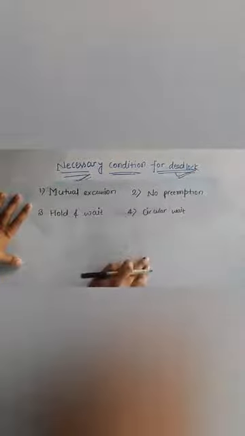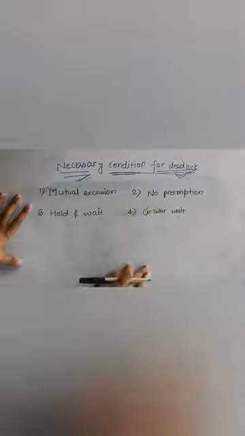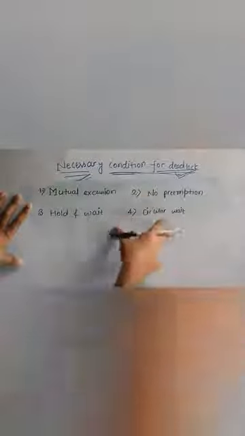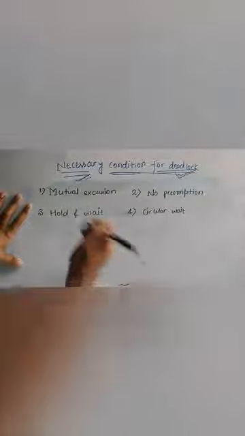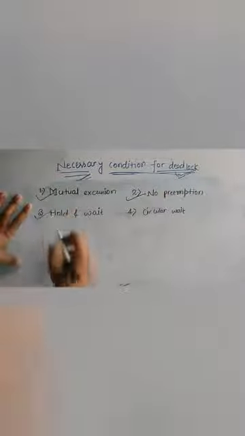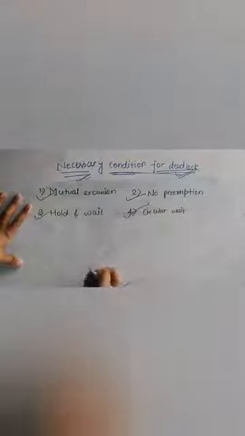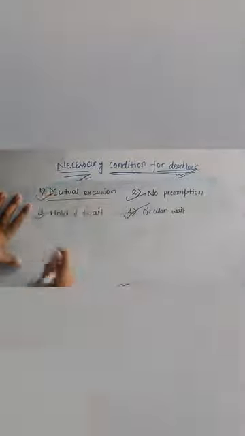In our previous chapter we discussed what is deadlock. Now here we will study the conditions that are necessary for the occurrence of deadlock. So here are the 4 conditions for occurrence of deadlock. The first one is mutual exclusion, the second one is no preemption, the third one is hold and wait, and the fourth is circular wait. Now let us understand them one by one.